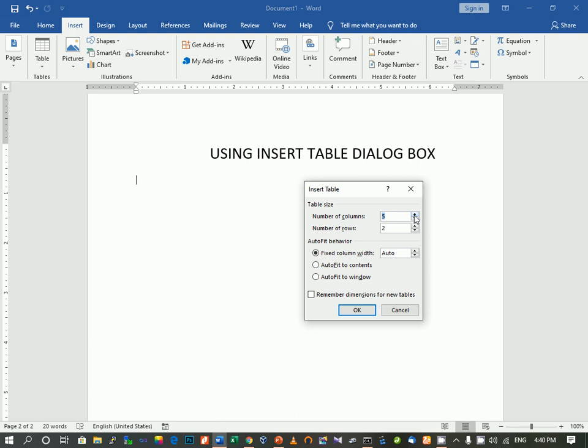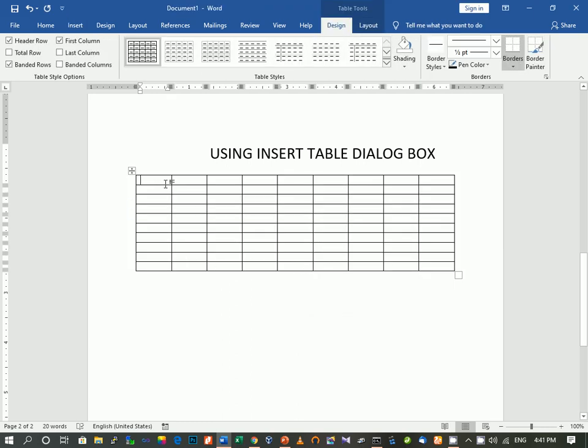So by default here there is 5 columns and 2 rows. So how many you want, you can change from here. Suppose I want 9 columns and suppose I want 10 rows. So from here I have selected number of rows and columns, and when you click on OK, you can see that a table is inserted. So this is the second method of using insert table dialog box.